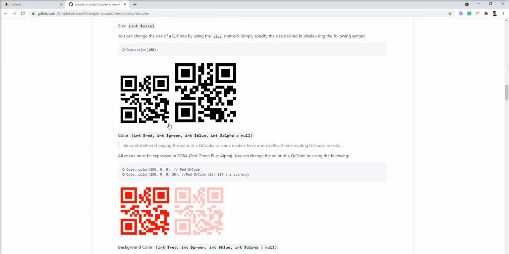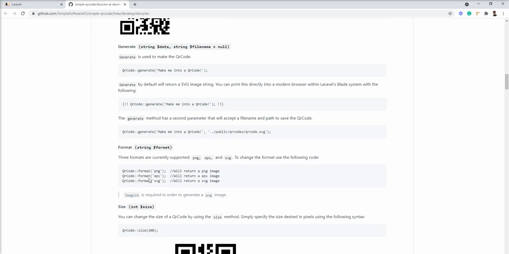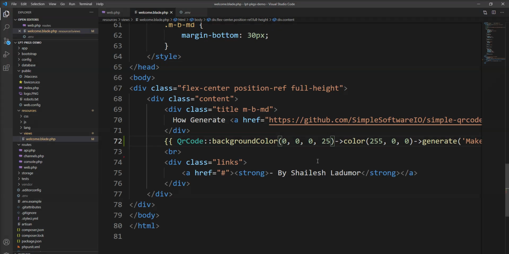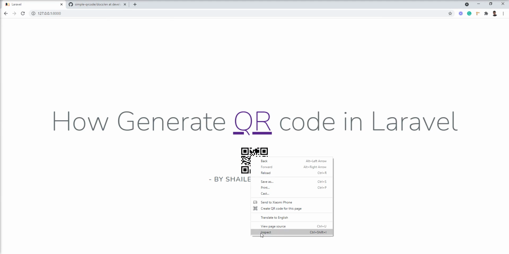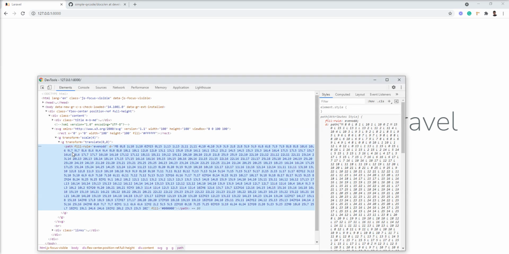Let me specify format with the SVG and render here. Let me remove these options first and specify format, and specify SVG format with this QR code, and refresh and show you the QR code with the SVG. You can see here SVG HTML rendered here,